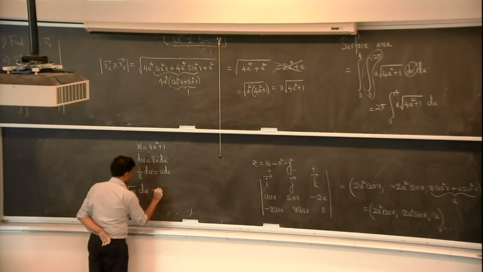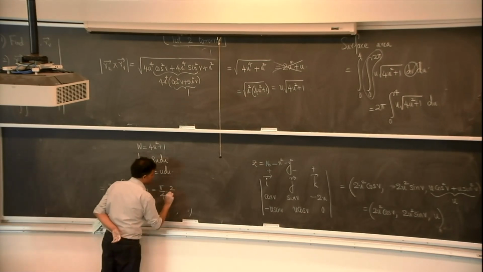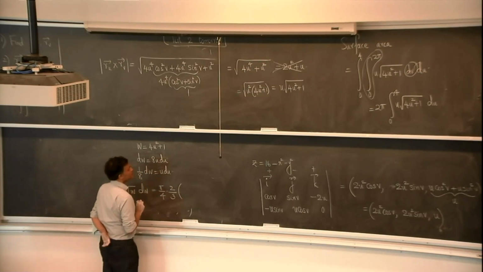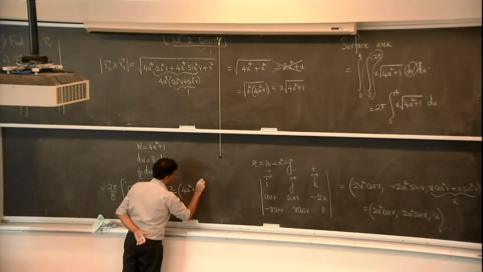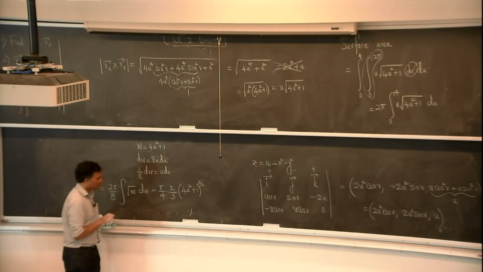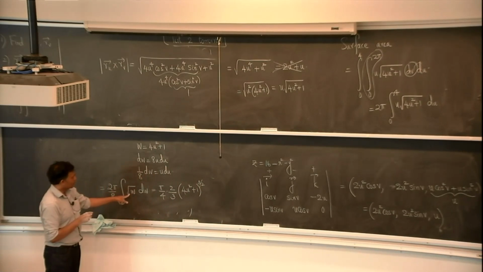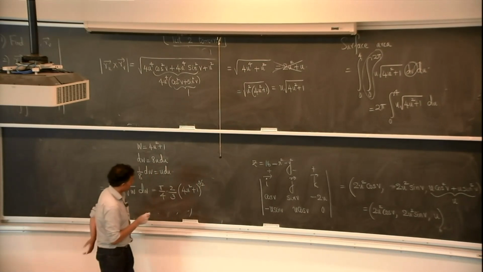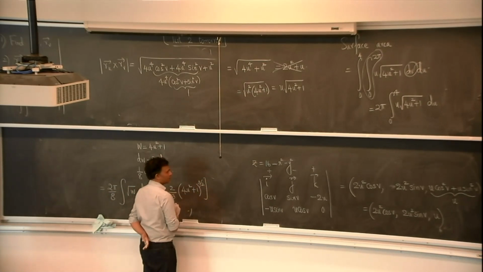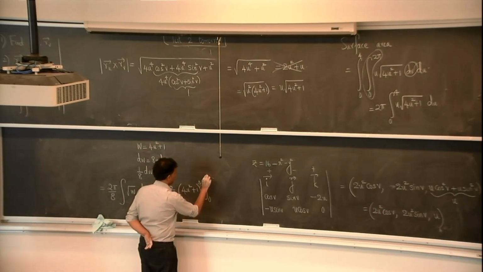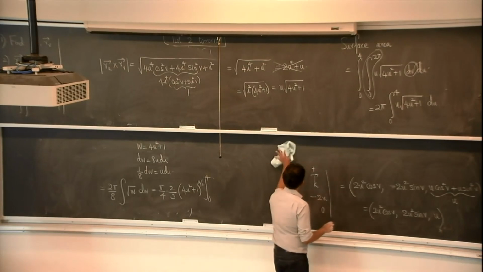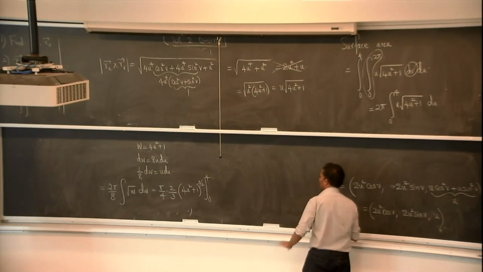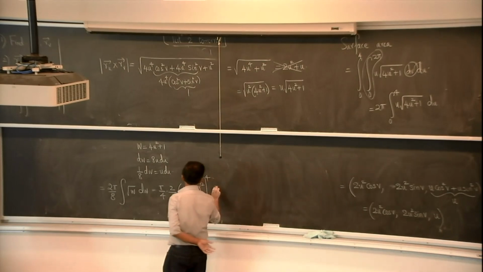Okay, almost done. Let's pi over 4. W to the 3 half over 3 half, that is 2/3. And W is 4u square plus 1 to the power of 3 half. Okay, don't forget the exponent. I know it's a lot of things going on there. W to 3 half, that's 4u square plus 1, 3 half, and between the limits of 0 to 4. That's pi over 6